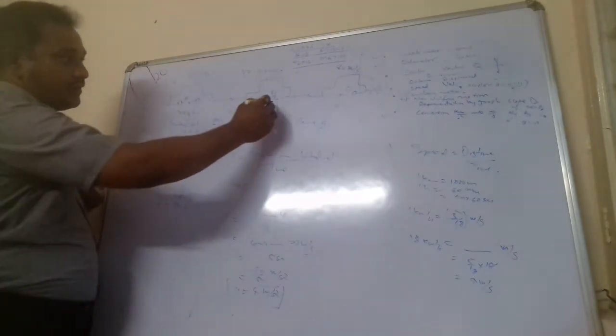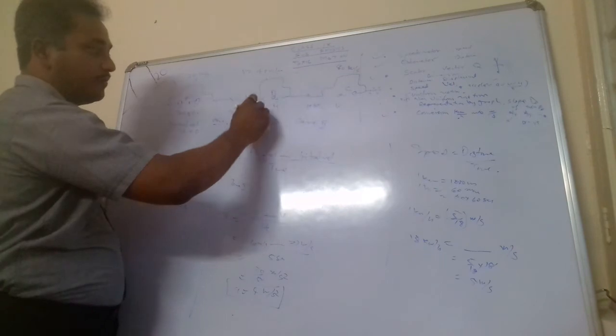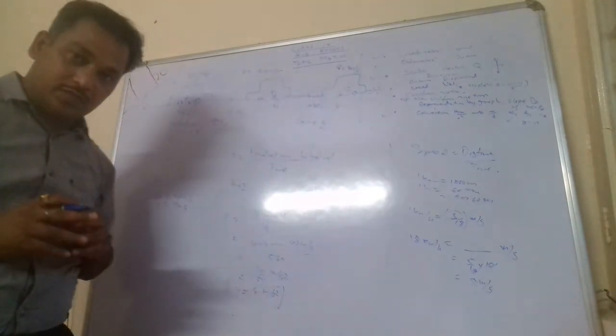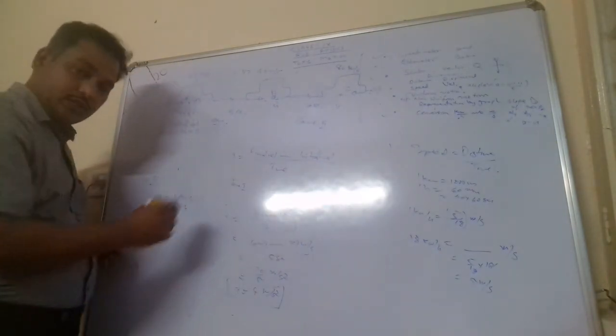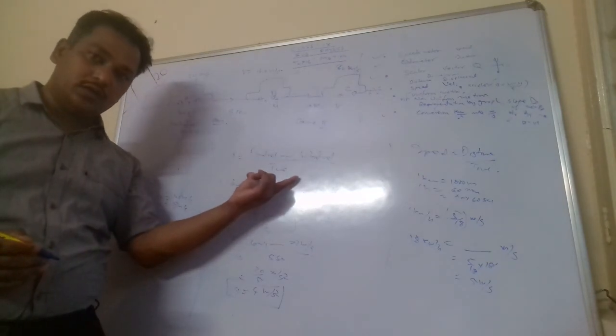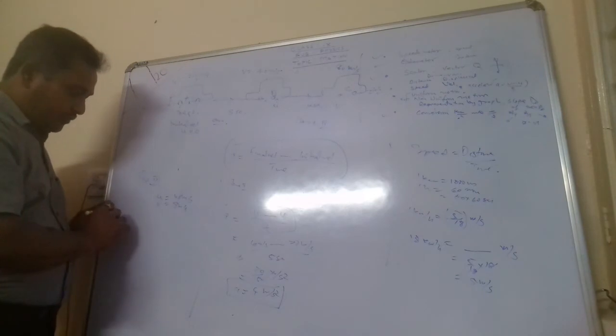Okay, and if it is taking some time, for example it is taking 10 seconds to complete from point B to point C, then how much will be the acceleration? How will you calculate? Again we will use the same formula. Acceleration is the rate of change of velocity, meaning final velocity minus initial velocity divided by the total time taken.